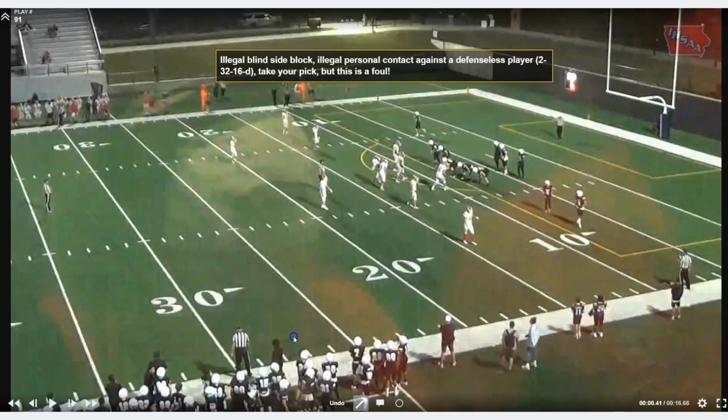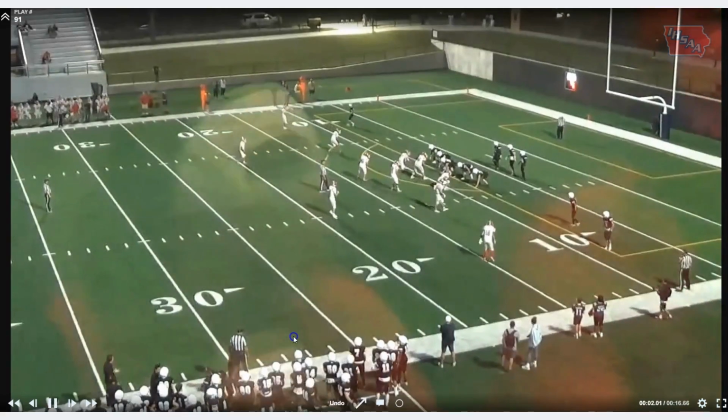Next play, another illegal blindside block. Illegal personal contact against a defenseless player, which is Rule 232.16D. That was a new rule that was put in last year. Take your pick, illegal blindside or illegal personal contact, but this is a foul. This is one you don't see every day. This is one you're going to have to talk about as a crew maybe to get it right, but let's